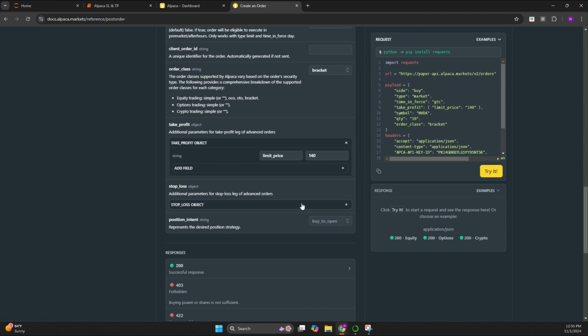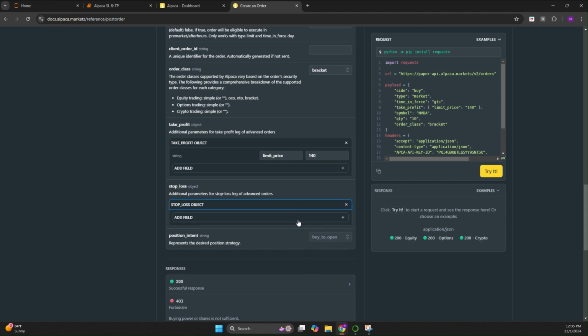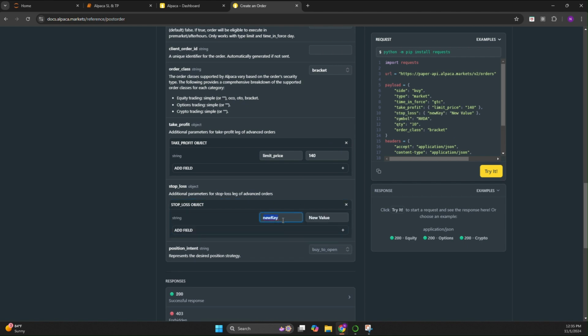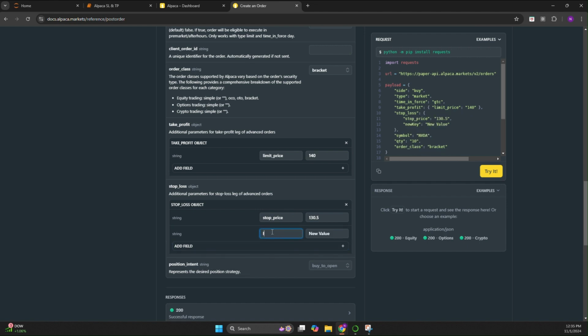And then the stop loss is going to be a stop limit. So there's actually two different values we have to place in here. The first is the stop price. So like I said, it's trading at 136 or whatever that is. We'll have a stop price of 130.50, and then the limit price after that stop hits. This is a stop limit. After that stop hits, it is going to be